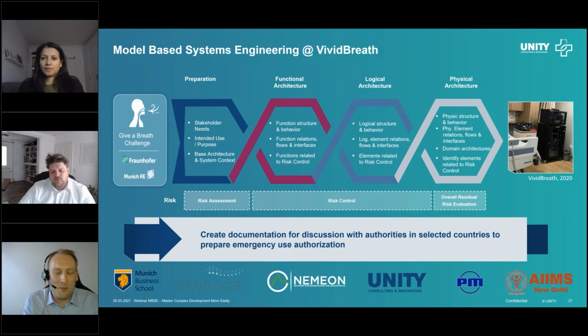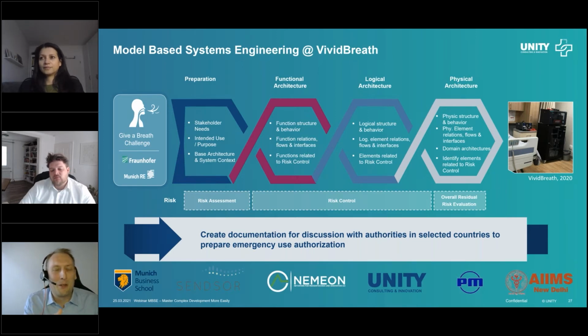And you could imagine we started with the project, I think probably in April. And the first time I basically met my team colleagues was during the prize giving ceremony where we won this challenge in August. And what we basically did using the MBSE approach was in the first place to communicate between us different parties in the development. So most of the developers were actually sitting in Munich. I'm sitting in northern Germany.